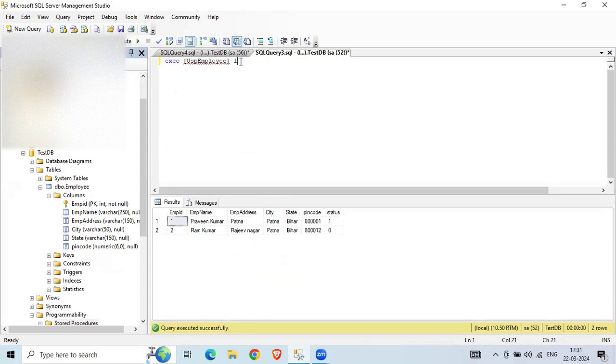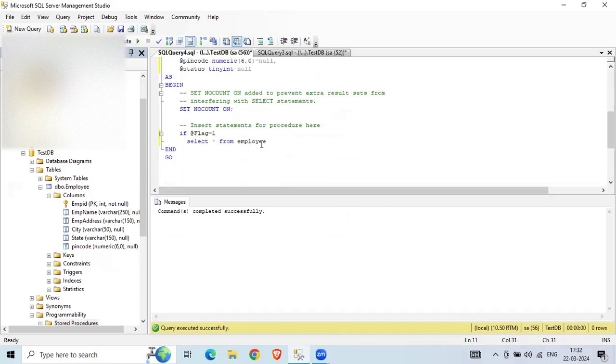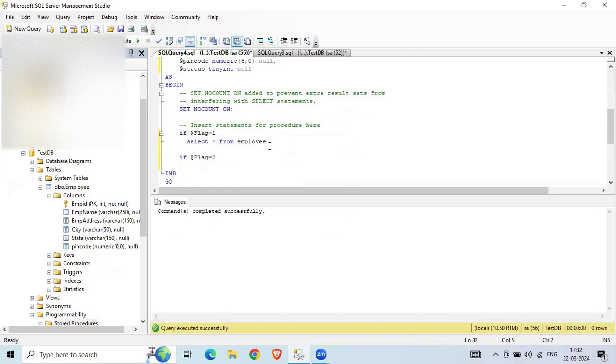So flag, if I send flag parameter as 1, for 1 we have written select asterisk from employee. So under this flag condition, this SQL is going to be executed. Suppose in the second flag, if @flag equals 2, I want to execute select asterisk